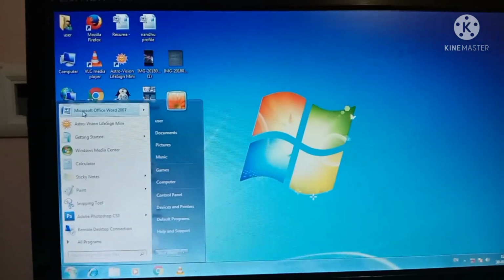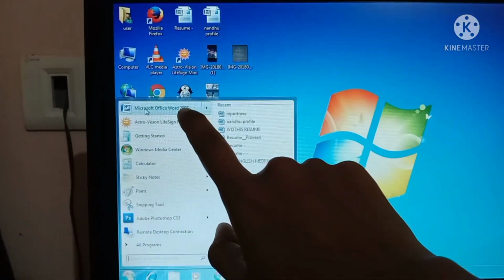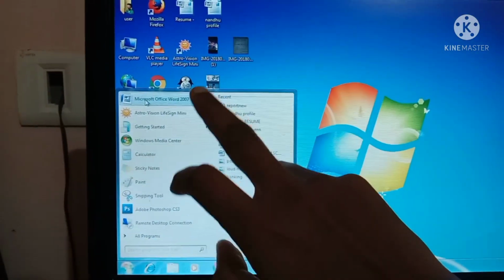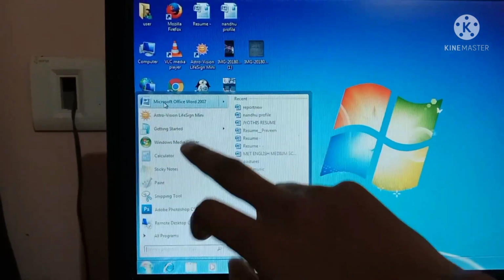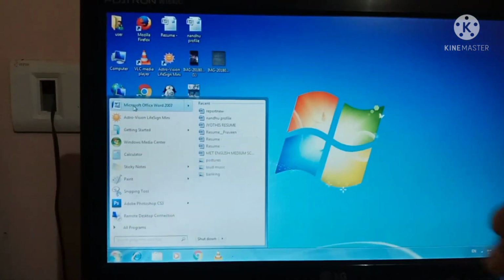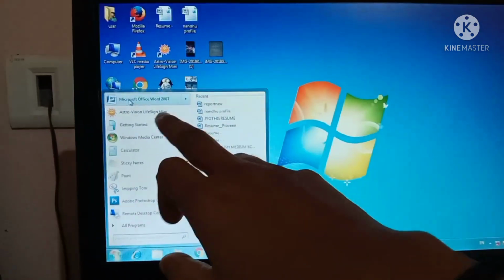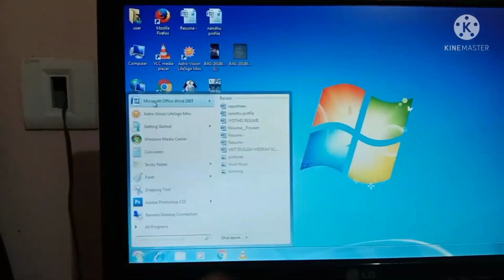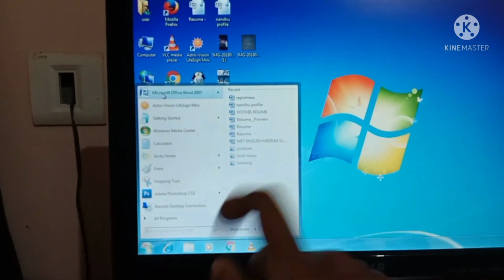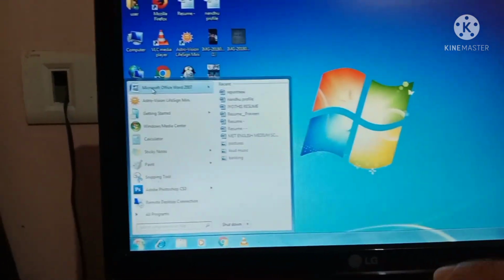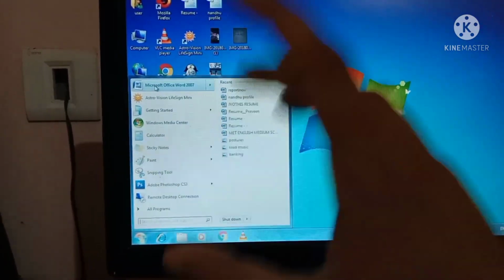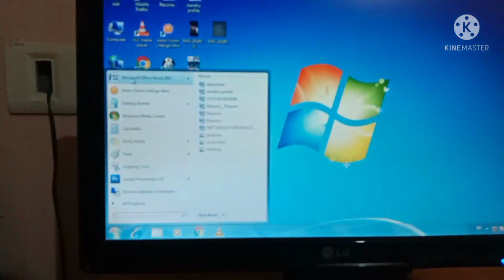Can you see this? This is the writing software, this is MS Word, we will say that. And calculators, painters, sticky notes, these all are application softwares. They need a specific function to do. So this is for writing, and this is for drawing, and this is for calculation. And sticky notes also for writing. So these all have a specific or particular function. Adobe Photoshop, that's for the Photoshop works. So these are application software.